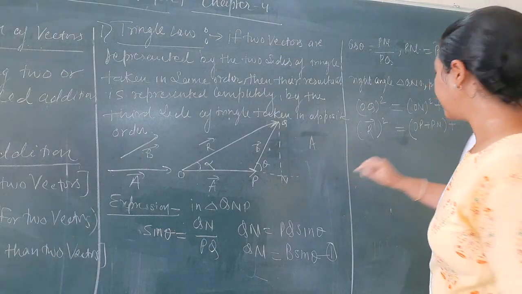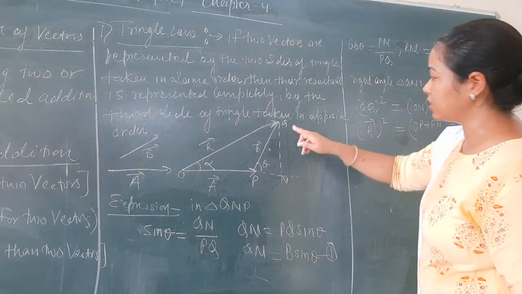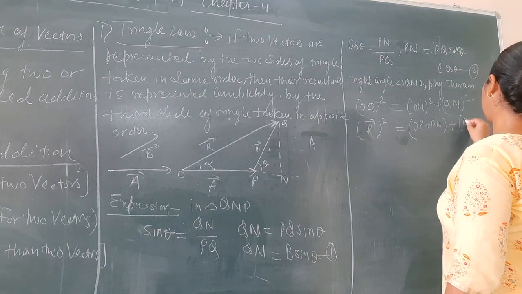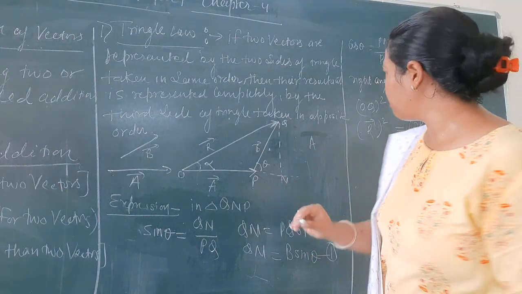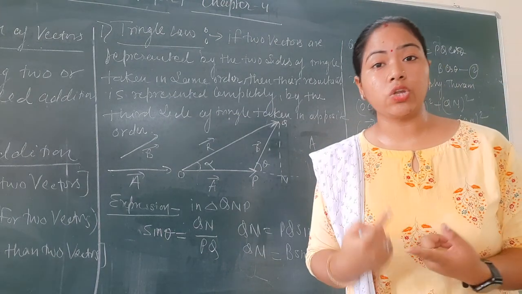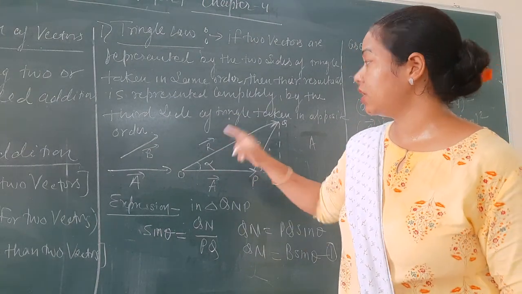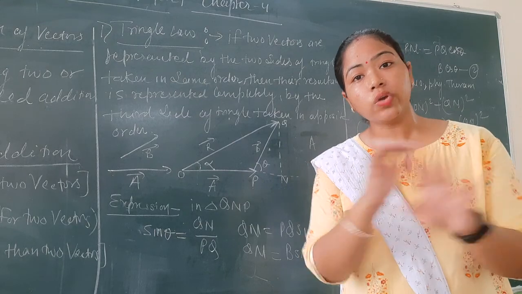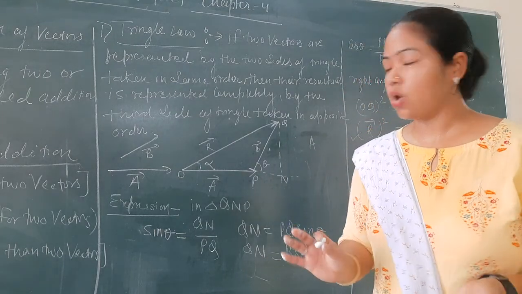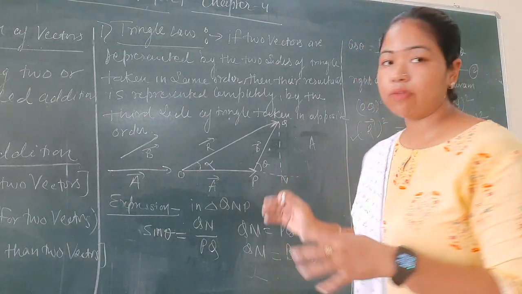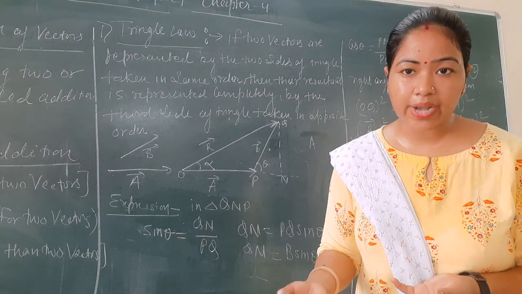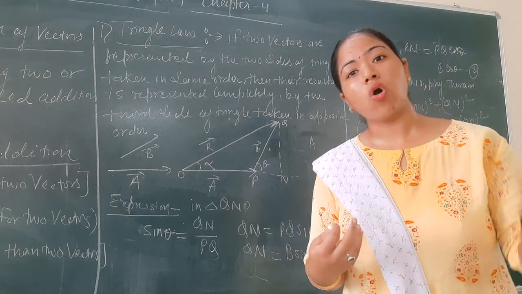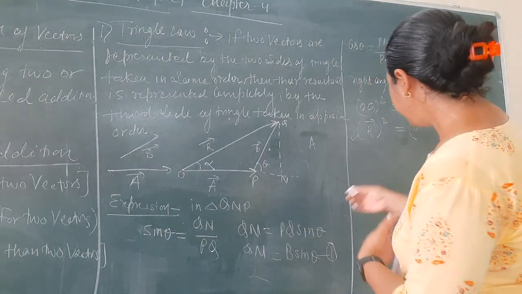Right? And the next thing, QN. And what is the value of the QN? From the above equation, we already have the value of the QN. So always remember, this time we are just taking the magnitude. We are just calculating the magnitude of the resultant vector R. So we don't need the direction in any case whenever we are doing the expression for the magnitude of R, right? So we are just taking the values in only the magnitude terms, right?